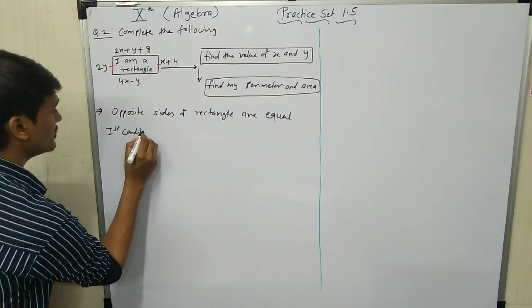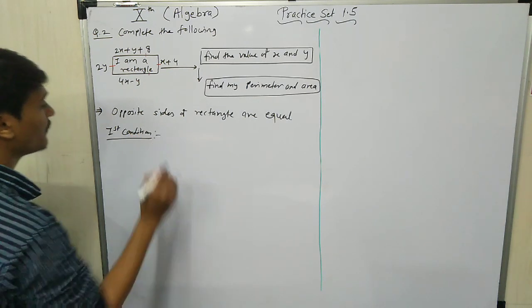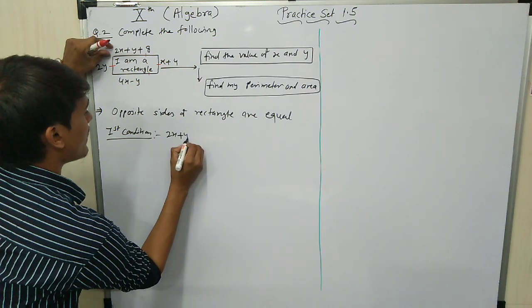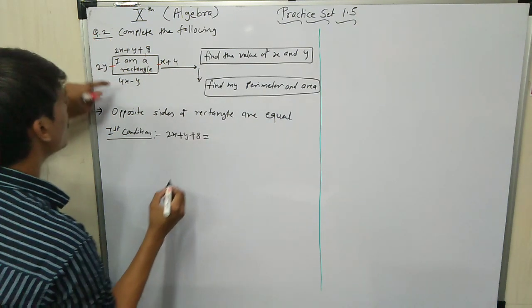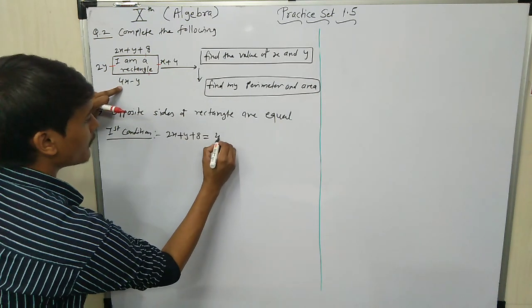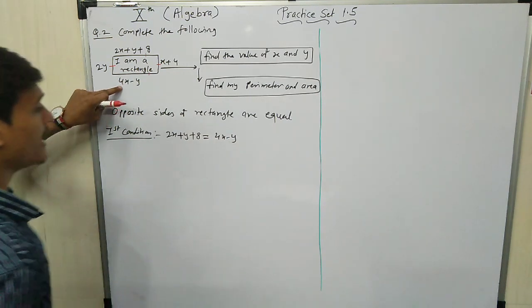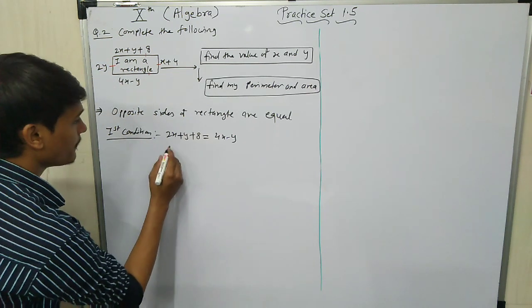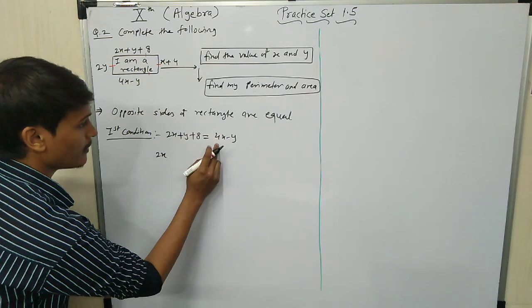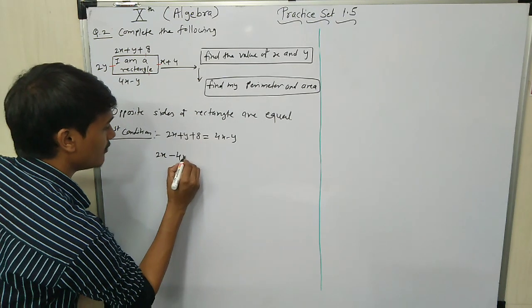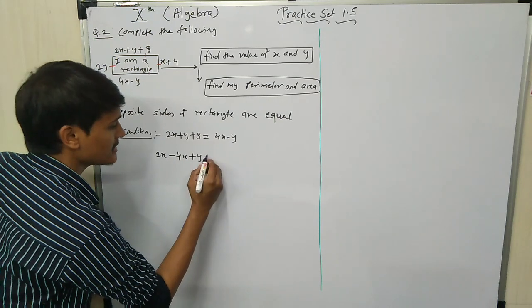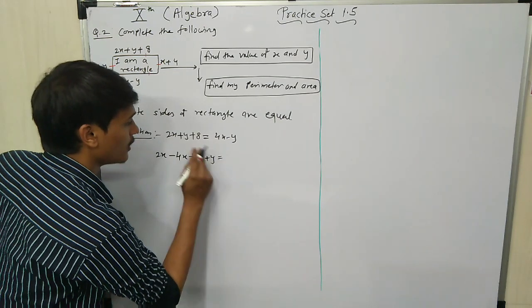First condition. What is the first condition? 2x plus y plus 8 is equal to which number? This side, 4x minus y, because this side equal to this side. Okay, then 2x, then plus, this side will be minus sign, plus y, then minus, plus is equal to,